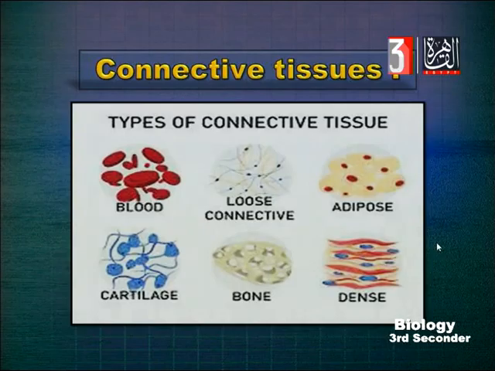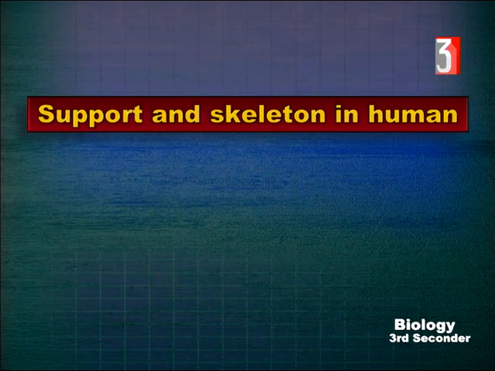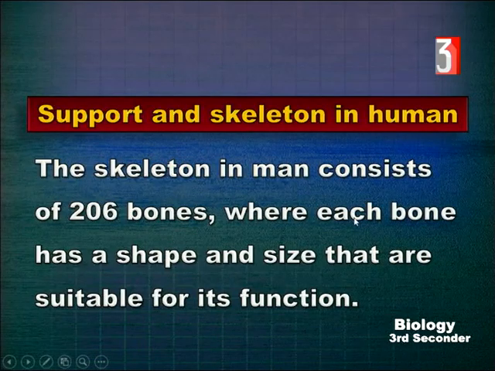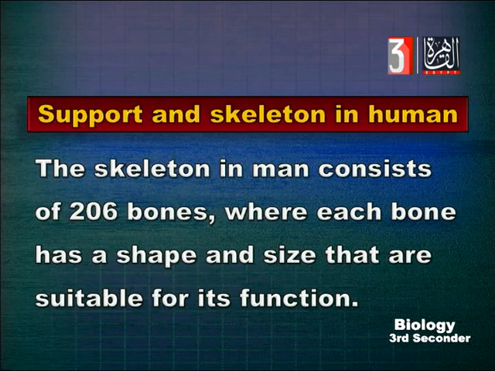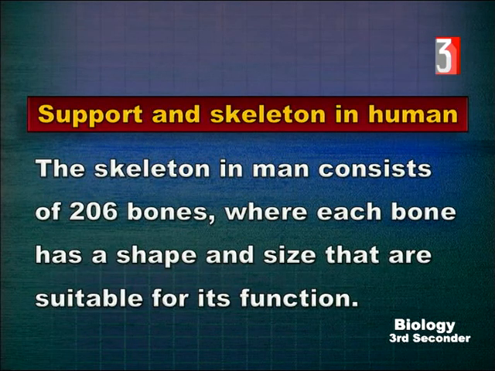Okay, now let's study the support and skeleton in human. Skeleton in human consists of 206 bones. Skeleton consists of 206 bones in adult man. The newborn contains more than 206 bones, but as the baby grows, some bones fuse together to make one bone,